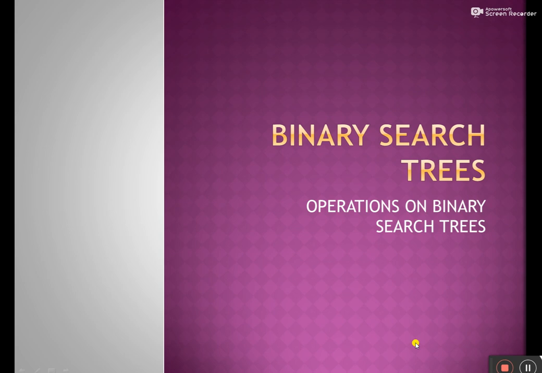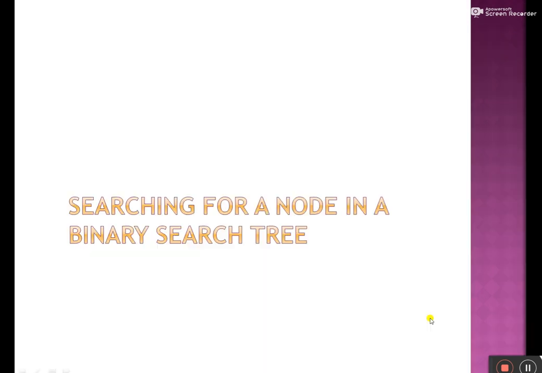If we are given a tree and it is a binary search tree, then every element to the left of a root node will have values less than the root node, and every element to the right of the root node will have values greater than the root node, and the same rule is applicable in the left subtree and the right subtree. So this is a binary search tree.